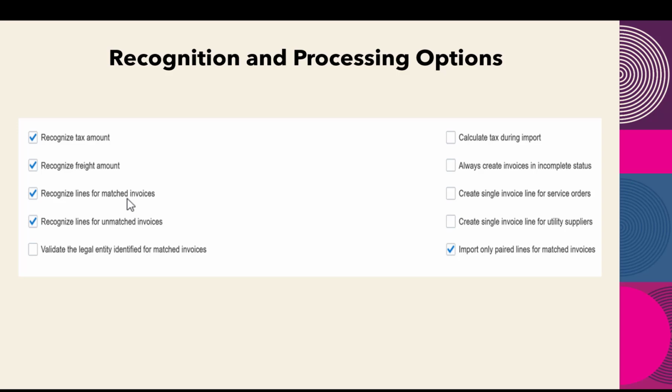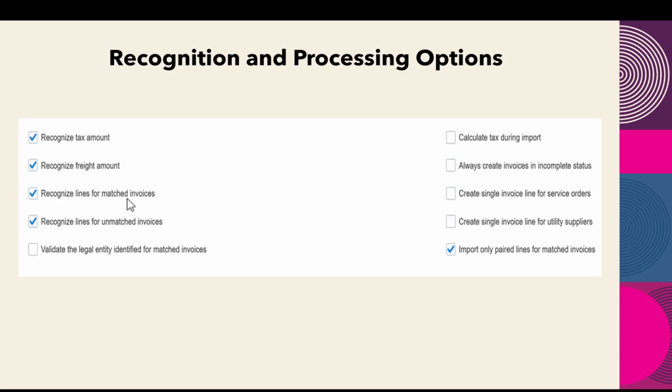When this box is checked, the import program attempts to match all invoice lines of type item recognized by IDR, and Payables will attempt to match lines recognized by IDR to corresponding PO lines. For recognized lines for unmatched, again, this allows you to only import the invoice header for unmatched invoices if you want. This would then allow you to manually enter the invoice lines and not have to worry about what is